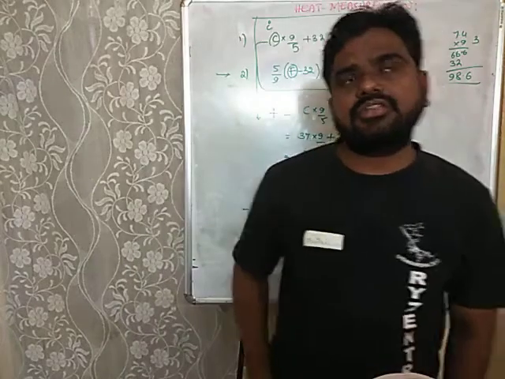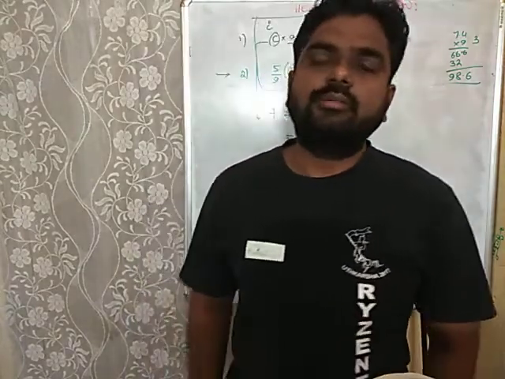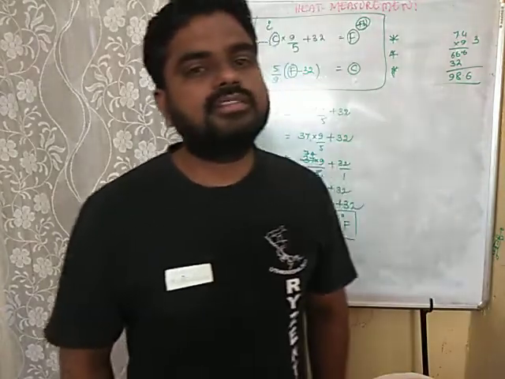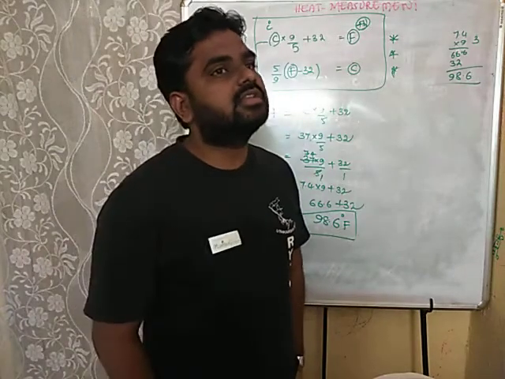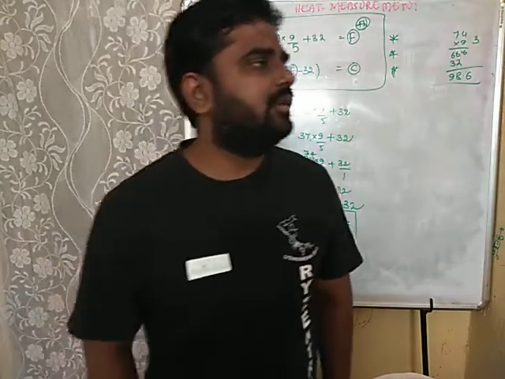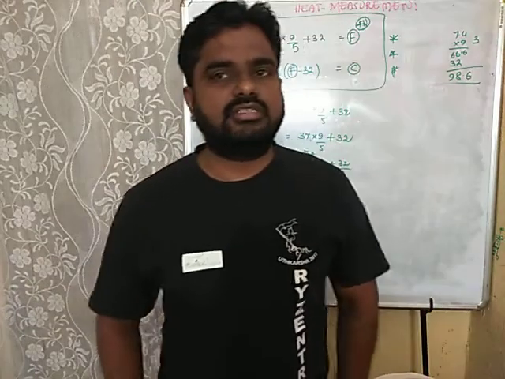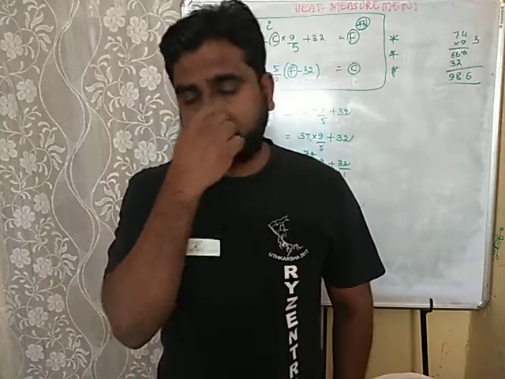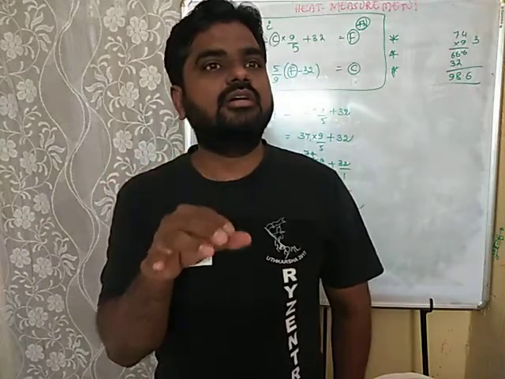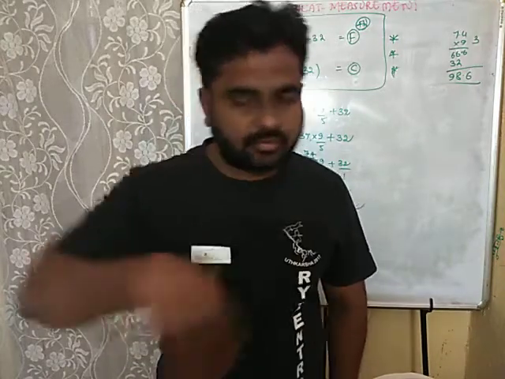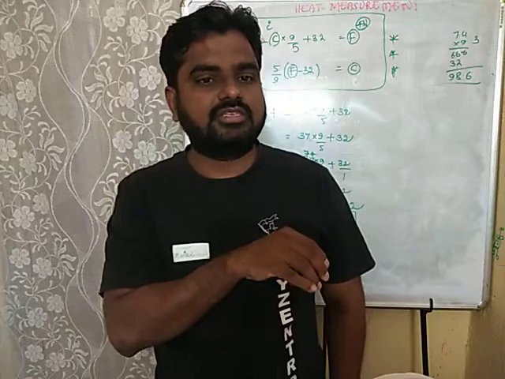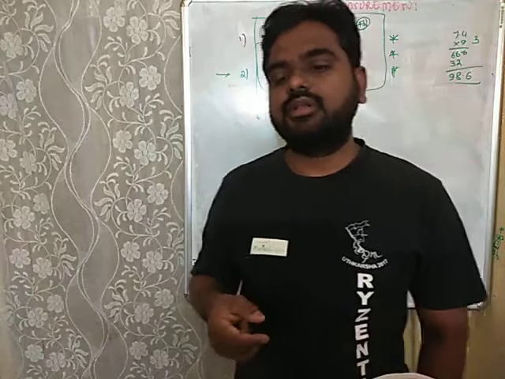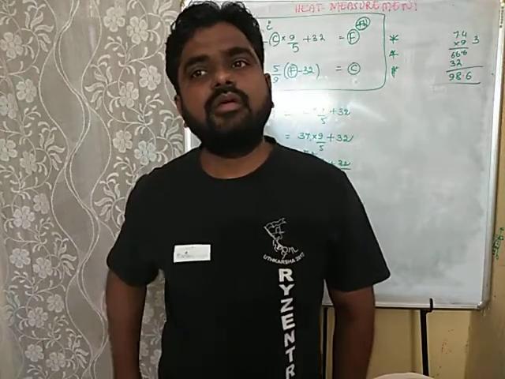And one more thermometer. We are using different types of thermometers to measure and note down temperatures. One of the sophisticated thermometers is the Six's maximum minimum thermometer. A famous scientist called Six invented the maximum and minimum thermometer. With the help of this thermometer you can measure the maximum and minimum temperatures of a particular area, a particular place, isn't it? What the maximum and the minimum temperatures would be is recorded by this thermometer.